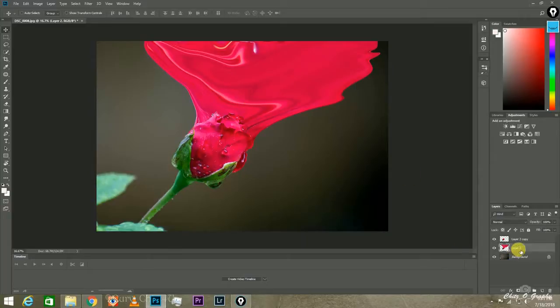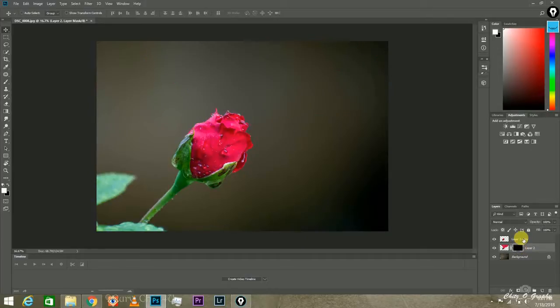So we have to apply a brush on this area. Press Ctrl I to convert this into black.